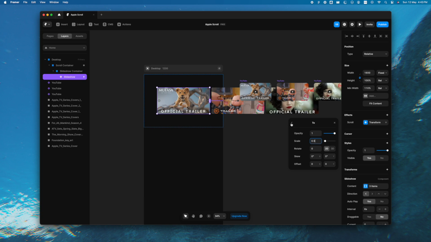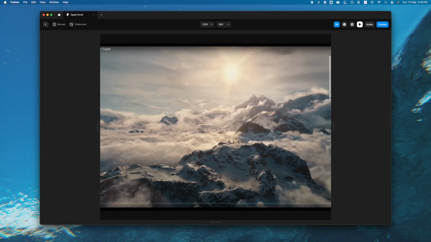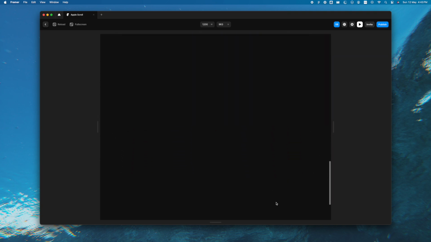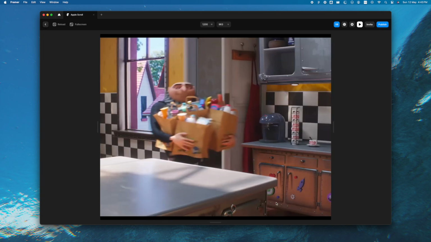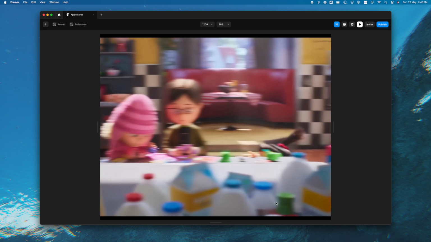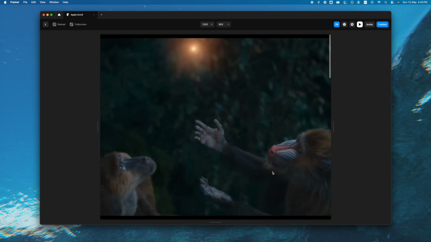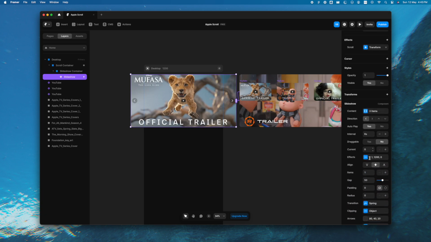Once that is done, let's go back and change the transition to spring, because we want it to be a very smooth transition. Now when we play it, we'll see how smoothly it scales down, and once you scroll up, it takes up the entire area again. And after 6 seconds of interval, it switches to a new video, and you can come back to the original size. You can use the arrows to move to another video, and that's awesome. I love it.